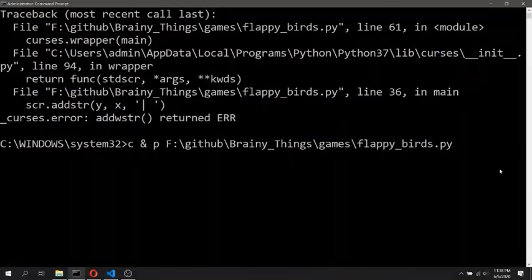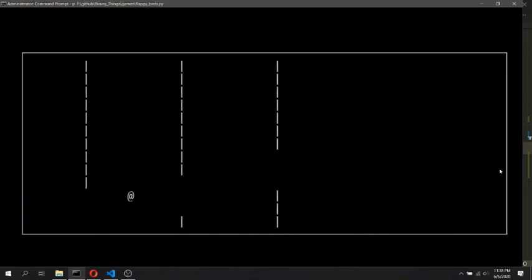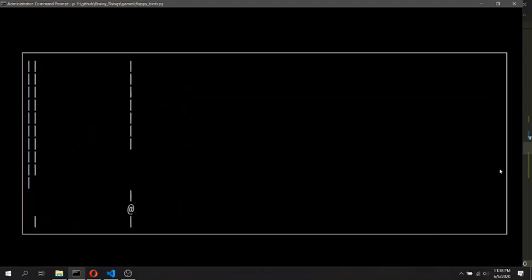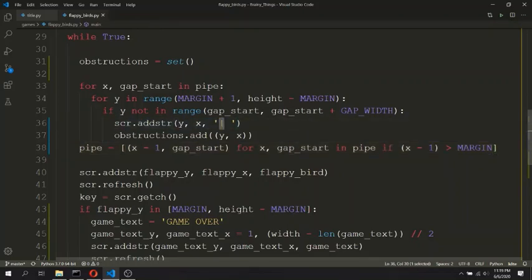Let's see. Okay, the pipes are stuck at X equal to 1, or I should say margin plus 1. That is because there is no rendering happening at X equal to margin.